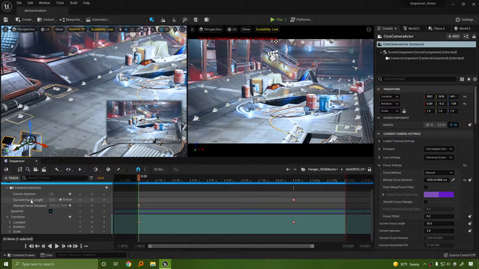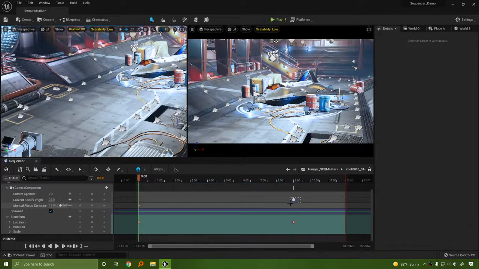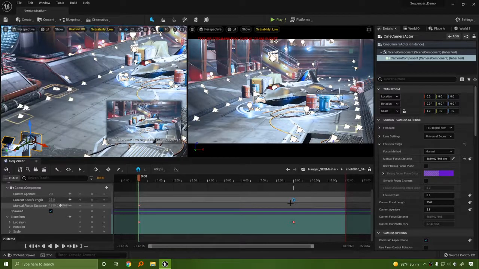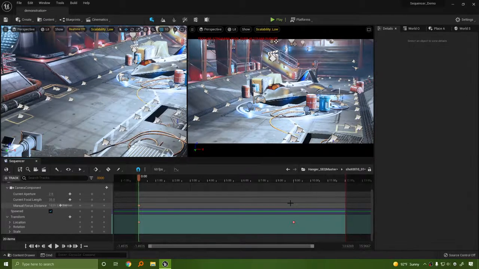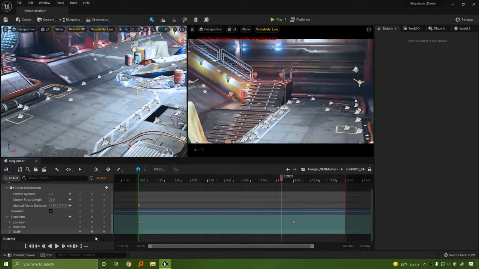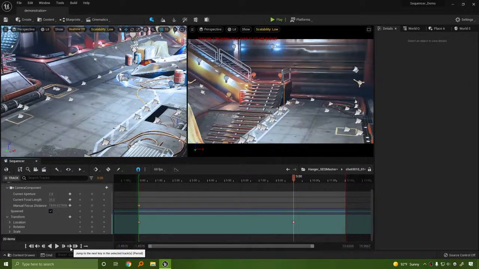Oh, I accidentally keyed the focal length and not the focal distance. Good thing I noticed that, because now I can very easily showcase that you can delete a key just by hitting the delete key. Go figure. We can go back, or we can go to our next frame, or we can go to our next key, which is actually incredibly useful. This is going to end, and this is going to our